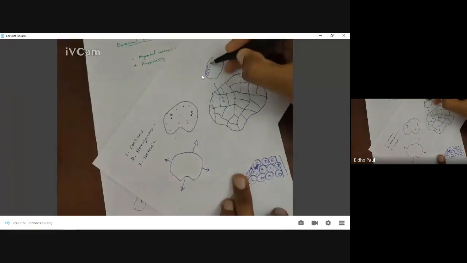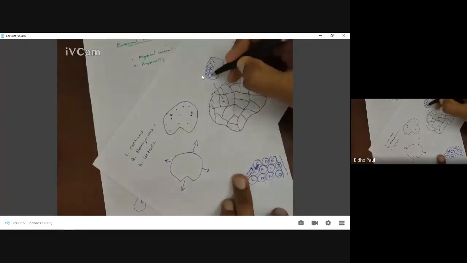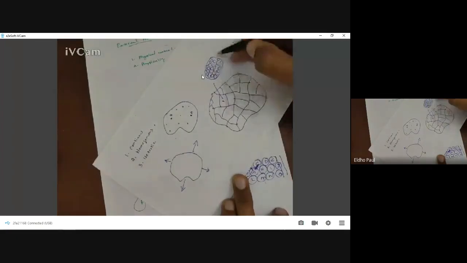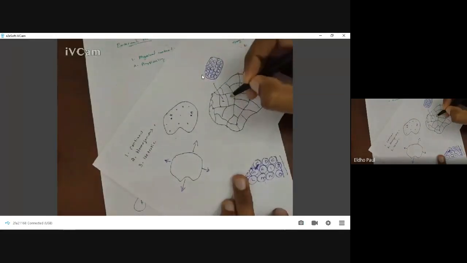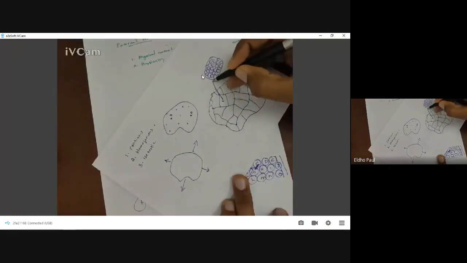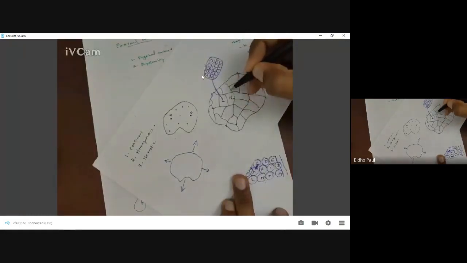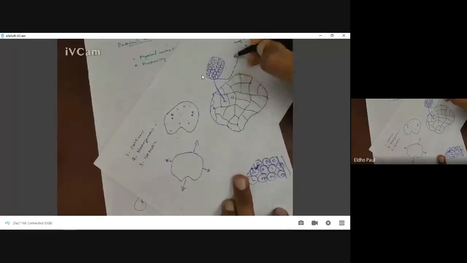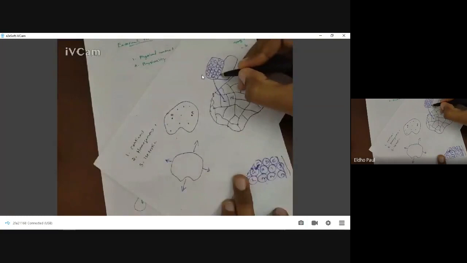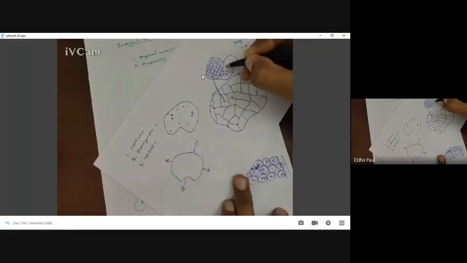And here the arrangement is like this. The atoms or molecules are regularly arranged. If you take a particular grain, the atoms or molecules are regularly arranged, and the atoms have the same orientation. But if you take an adjacent grain, for example, this is the magnified view of grain 1, its orientation may be different. Maybe this is the orientation. This is different from the orientation of grain 1.